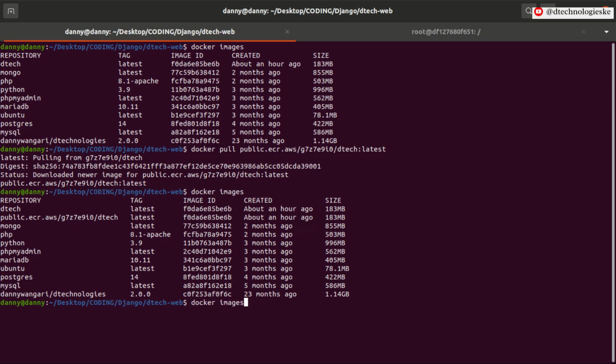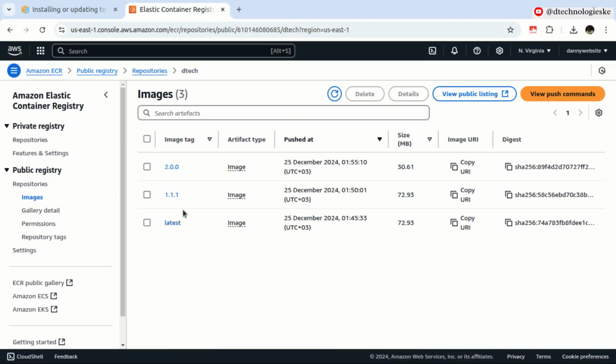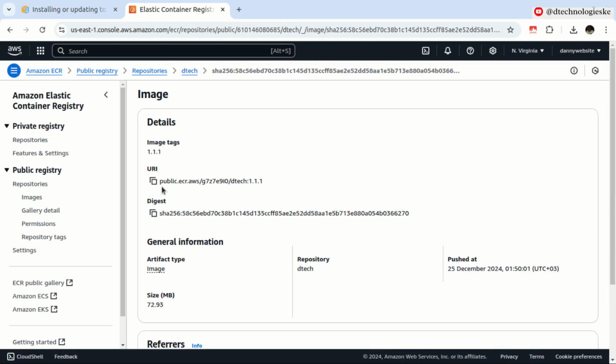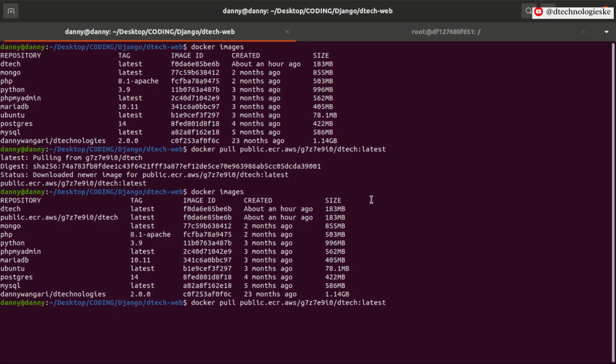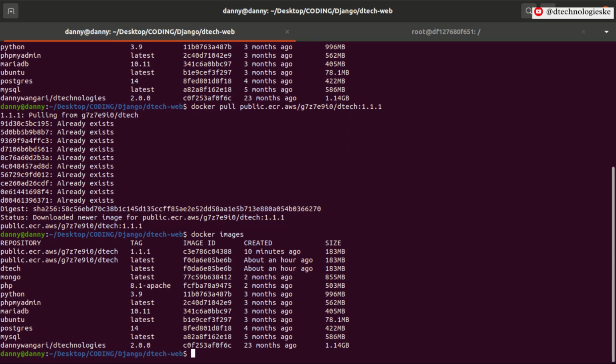I can also pull the image with the other tag, that should be 1.1. So this is the URI. Just copy that. But in my case, I can just simply have 1.1.1. Press enter. So we see that we have been able to pull the images locally. So the next thing is now